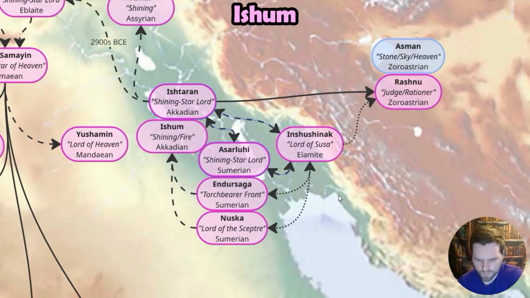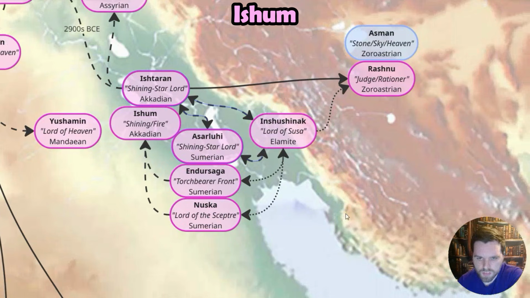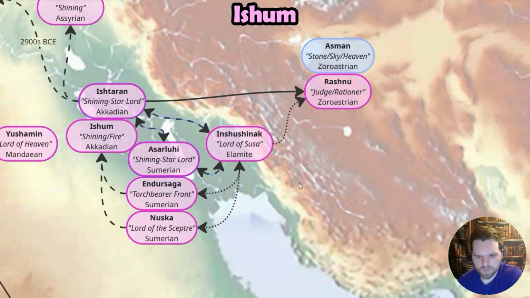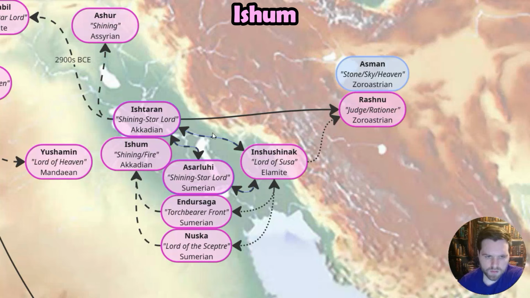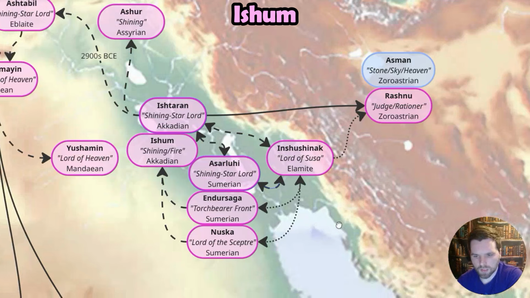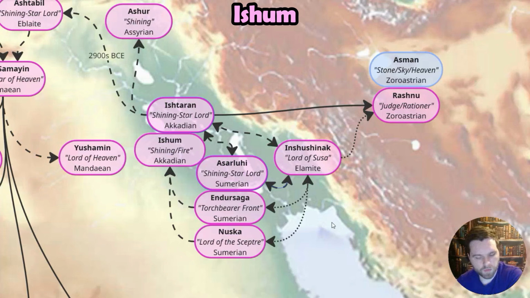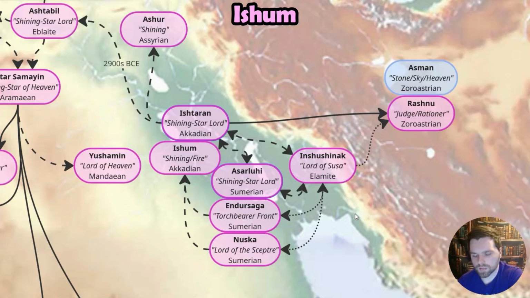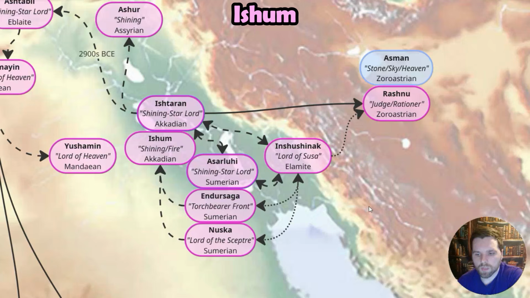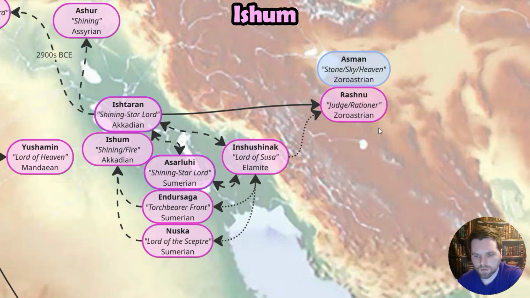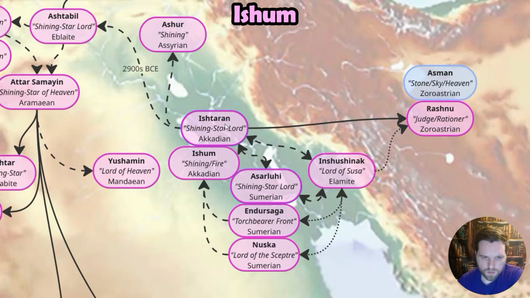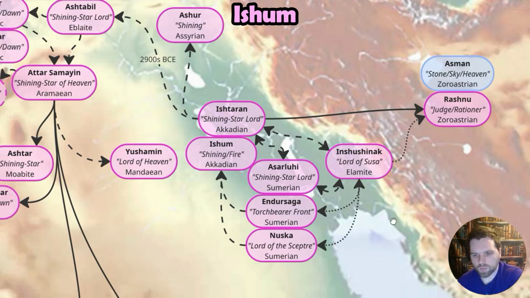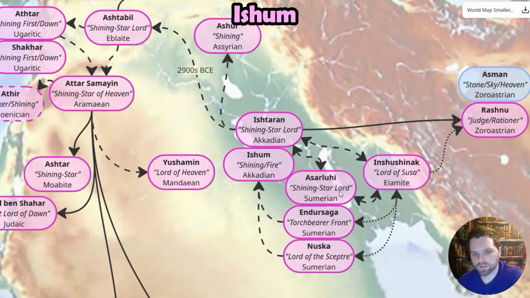And Susa is the capital, basically, of the Elamites, Susians in this region. They are essentially a Neolithic Iranian substrate. He is a bit more chthonic than in the West, which is very interesting. And some of his roles, like as judge over the dead, are similar to what would later become aspects of Mithra, which we'll talk about later. Ishtaran still, of course, could possibly be the basis of either of these.